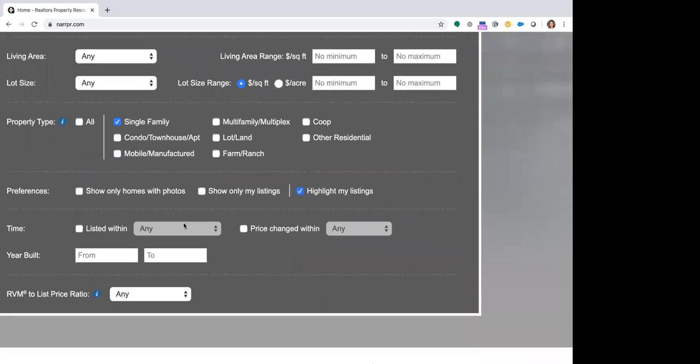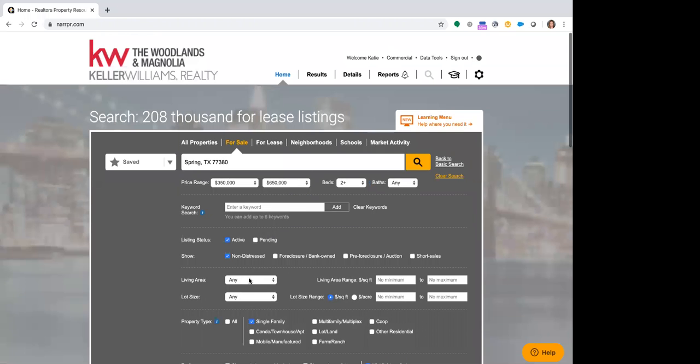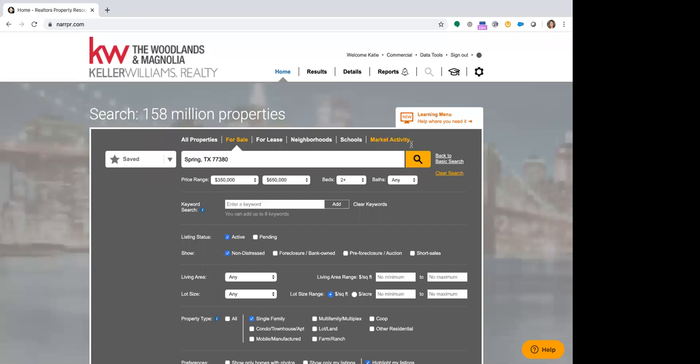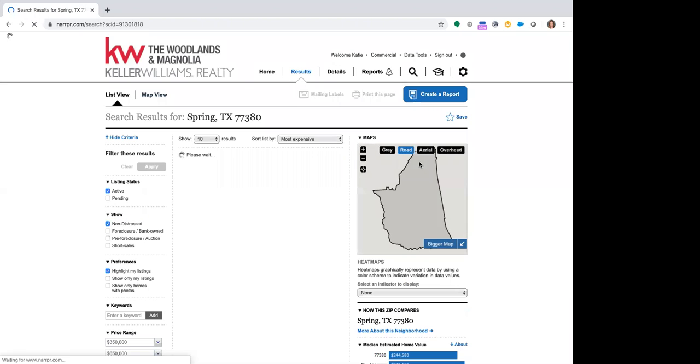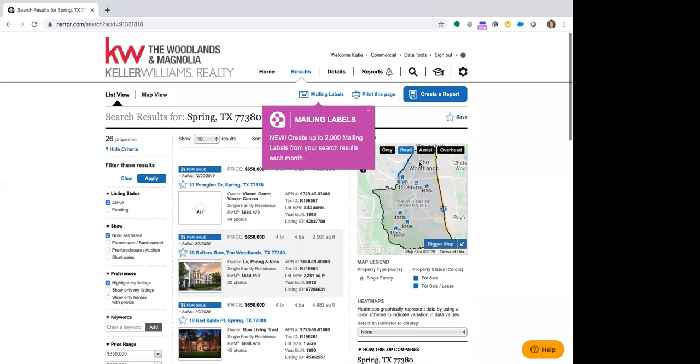You can also look for properties that were listed within a particular time frame. Maybe they had a price change within a particular time frame. Maybe you have someone that's looking for newer or older construction. Those search fields are available for you. And then you're just going to click on that magnifying glass, and it's going to go ahead and load all